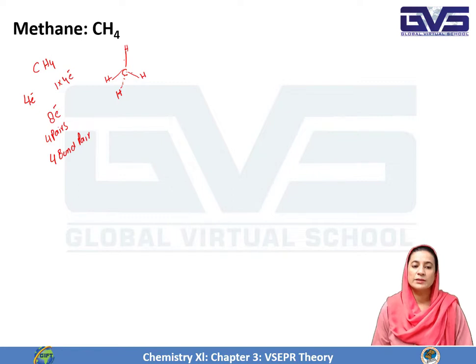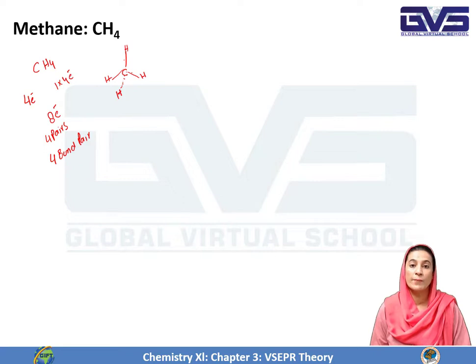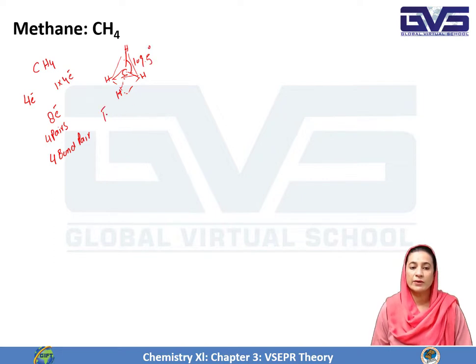So first step is to get the valence electrons, the total pairs. Out of them, predict whether these are bond pairs or lone pairs. So in this case all are bond pairs. So they have a maximum distance and minimum repulsion, and the angle is 109.5 degrees. So this is tetrahedral